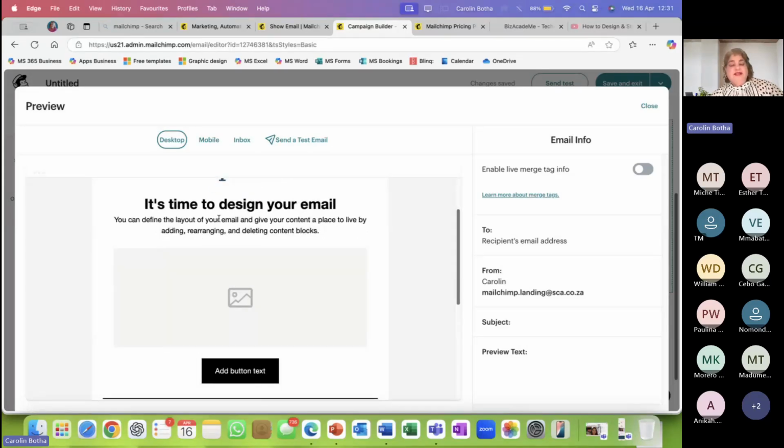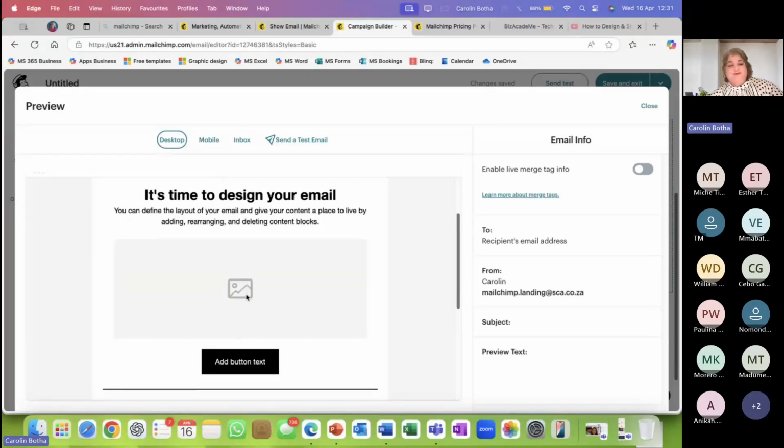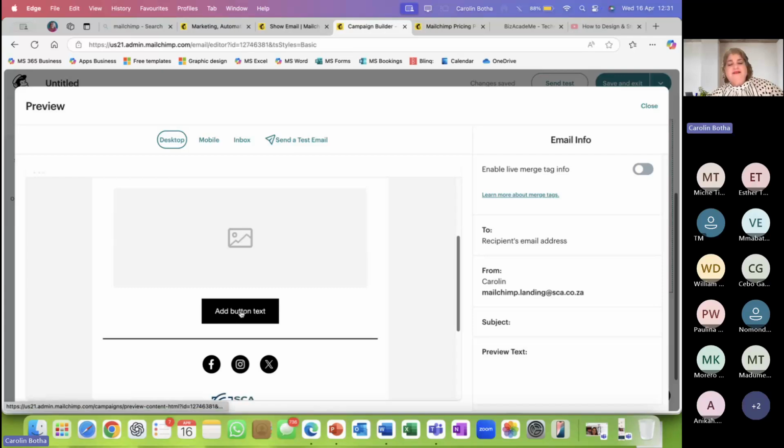At this point in time, this is a text block. I did not put in an image yet. This is my action button, which I can set so that when people click there, it opens something or goes somewhere, especially a form or a place where they can book a webinar or a masterclass, or book a session with you, or book a demonstration, whatever it is.